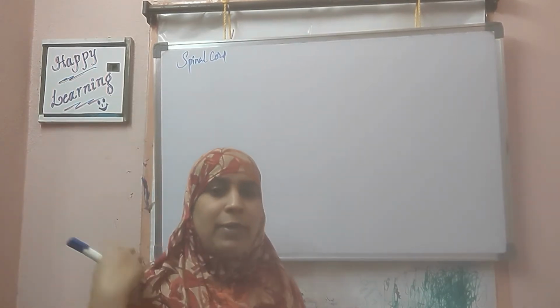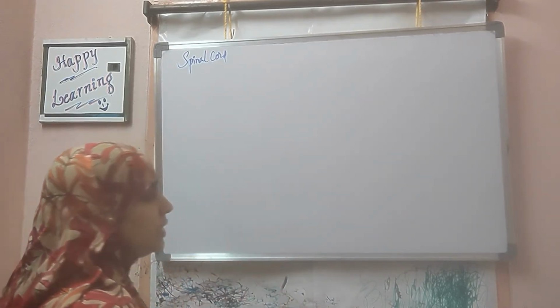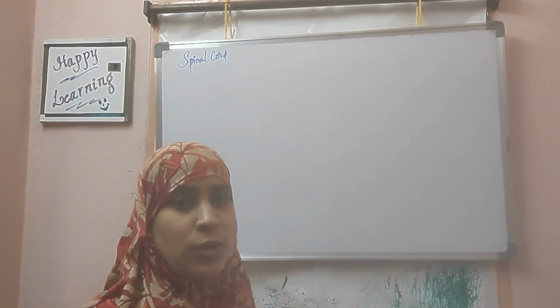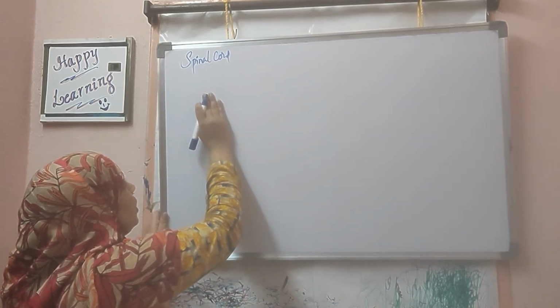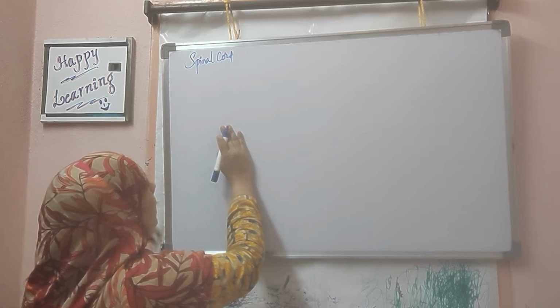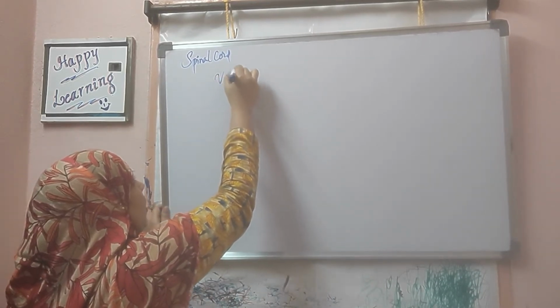We know that we have a vertebral column that runs along the back. This vertebral column extends from the neck region to the lumbar region, the lower abdominal region. The lumbar region is the region where the back ends. At the last of the back, it is called the lumbar region. So in that vertebral